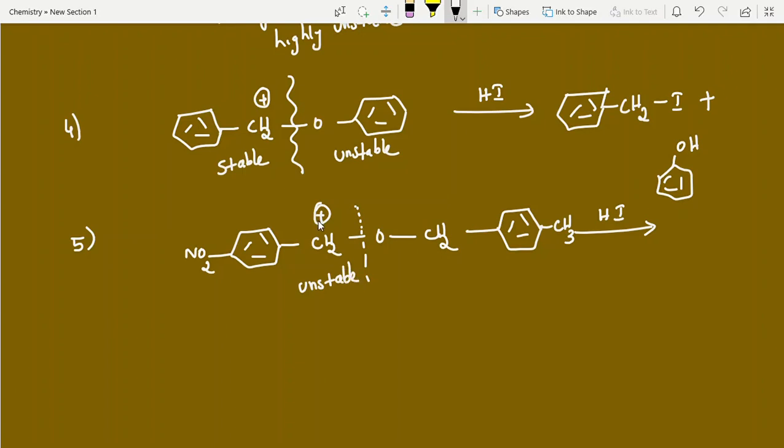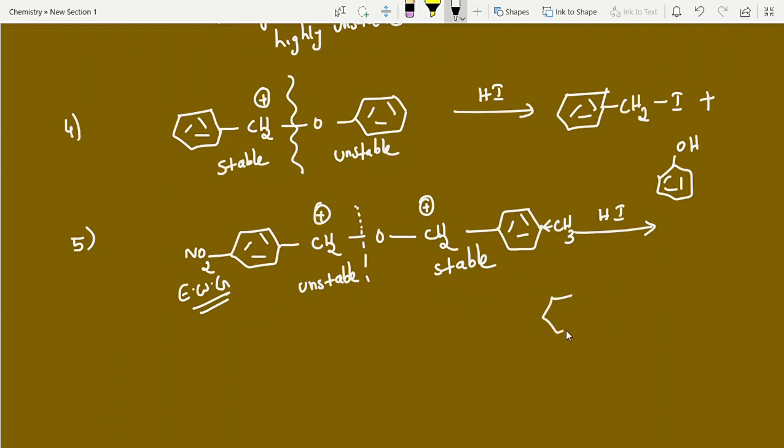it is electron deficient. It will take electrons from the benzene ring. But the NO2 group, an electron withdrawing group, is also withdrawing electrons. First of all the ring doesn't have more electrons, and again the group is withdrawing electrons. Then it is highly unstable. But if you get the positive charge on the other side, it is stable, a benzyl carbocation, because the methyl is an electron releasing group and can stabilize it. That's why the breakage is here, and here you will get I.